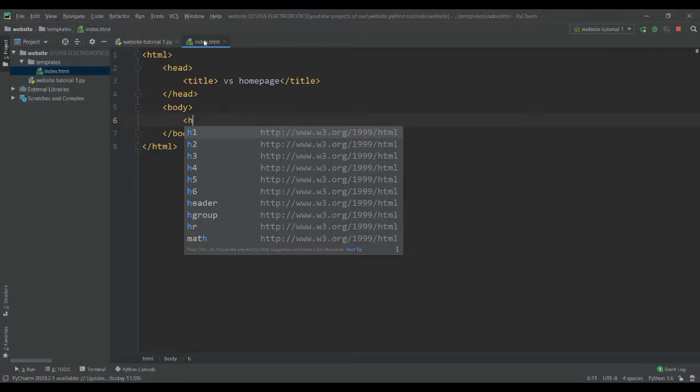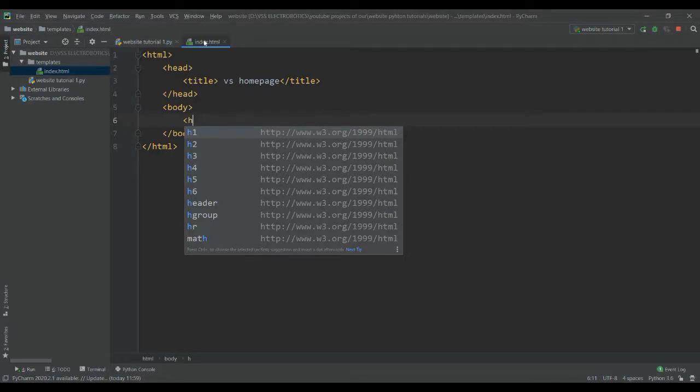Inside the website, you are going to print or write something, or you can create an image, or just call the image and print the image on the web page. For that you can use the body tag.